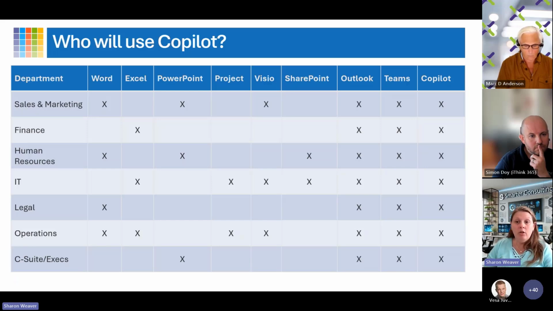We think about legal or maybe HR, and they spend their lives in things like Word or maybe PowerPoint. They're doing a ton of presentations, a ton of Word docs. If you ask a salesperson about PowerPoint, they're going to be like, let me show you how I can create the masterpiece of your dreams in this presentation tool. But if I put Excel in front of certain people, maybe HR, and I'm not trying to call out people here, they might be like, I can fill in the cells, but that's about all I know how to do. Because it's just not their primary tool. It's not the one they live in.